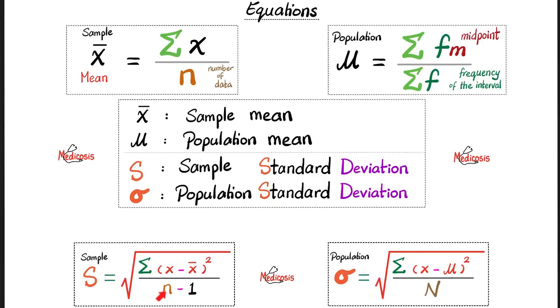And then you divide by the number of data points minus 1 if you're talking about a sample, but it's just the number of data points without the minus 1 if you're calculating the standard deviation of the population. And then if you just want the variance, you're done. If you want the standard deviation, then you need the square root of the variance. Why do we divide by n minus 1 for the sample and just n for the population? Easy. Because when mathematicians were trying to find the standard deviation of the sample, they realized that they underestimated the